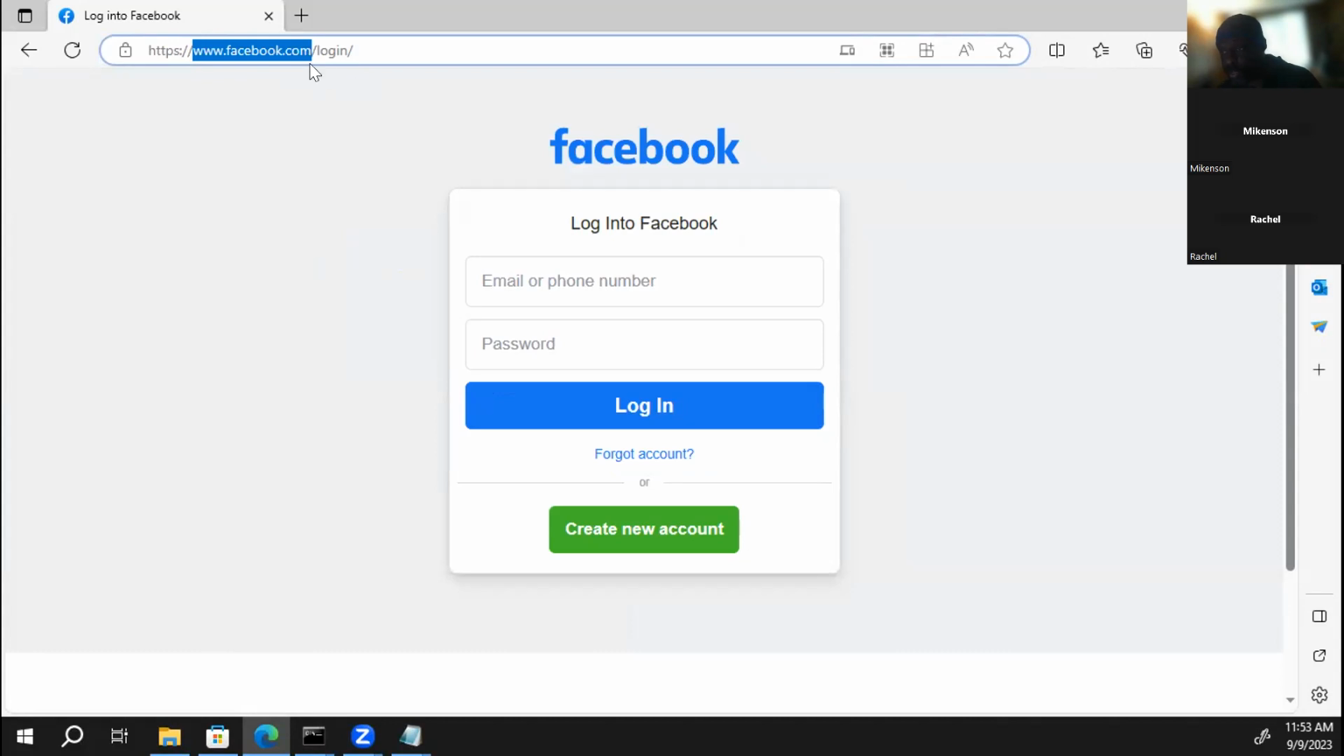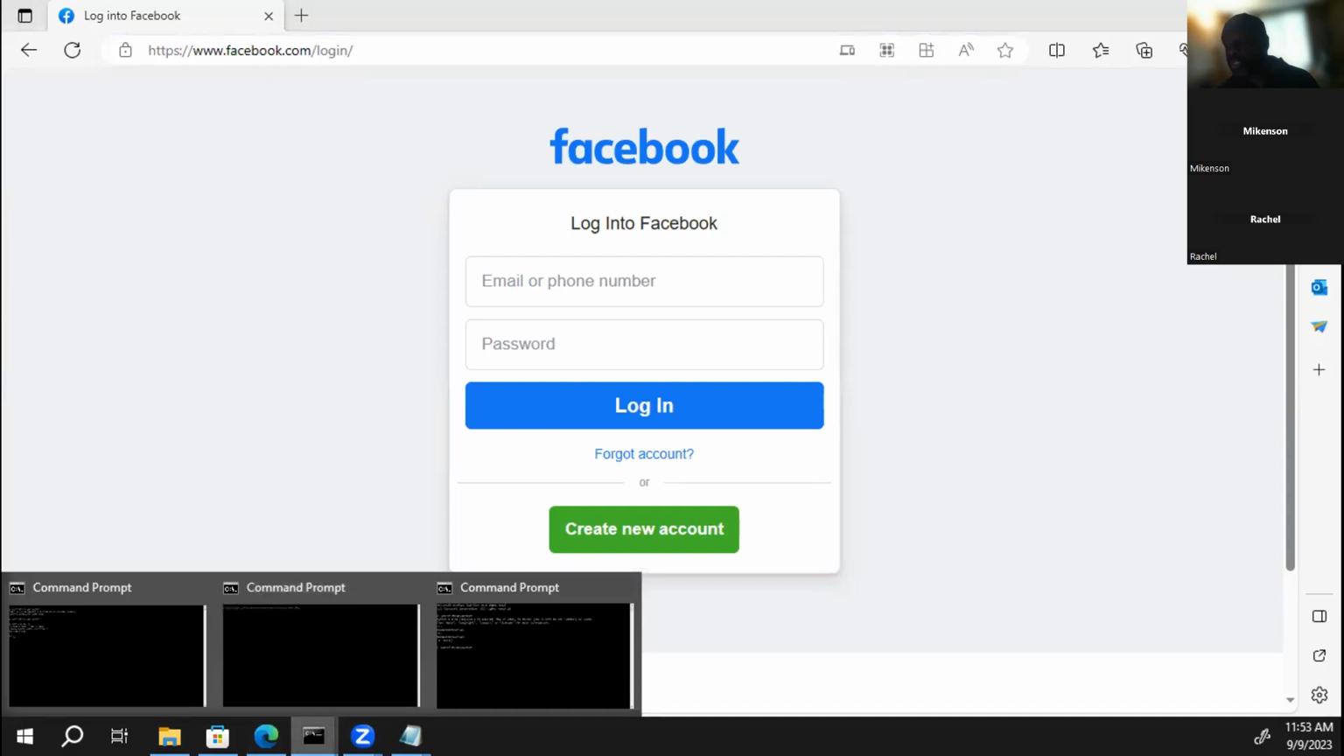If you go, for example, to Facebook, it's www.facebook.com, right? There's a number behind that. So there's always a number. Anytime you go to a website, any website you go to, TikTok, Instagram,